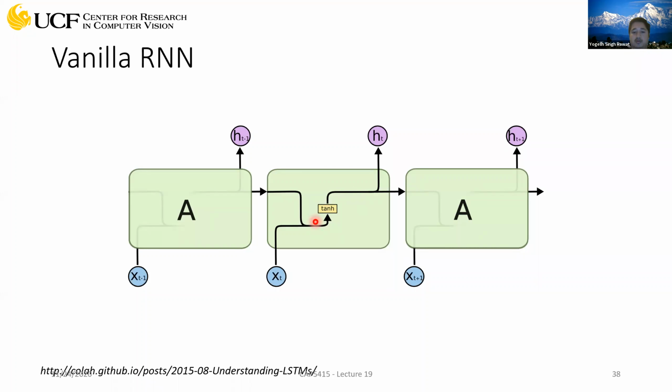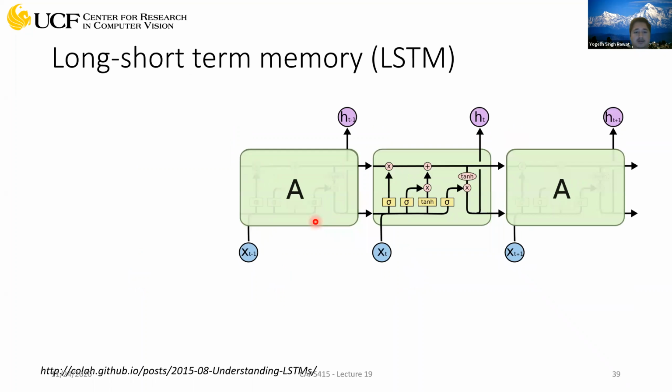Now let's try to make this more complicated, and let's talk about LSTMs, long short-term memories. You can see that this is more complicated. It's not just activation. You're doing something here. So let's talk about what exactly is being done here. LSTMs are useful, but there are many more powerful cells which have been derived from this. This is the basic one. If you understand this, you can also modify it to suit your problem domain. You will find this very beneficial.